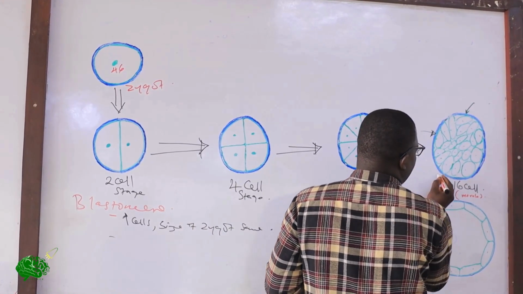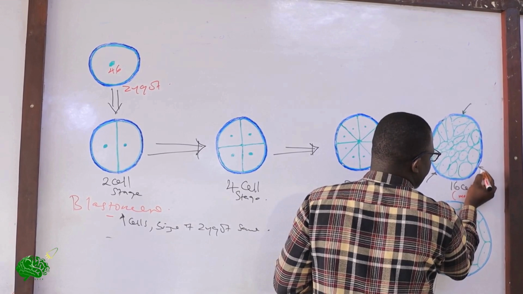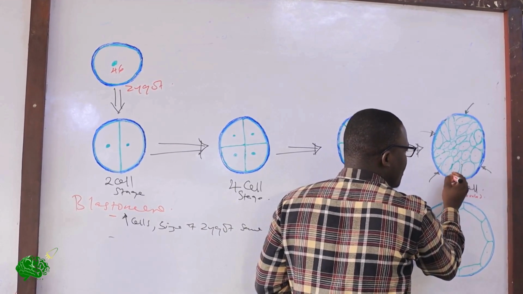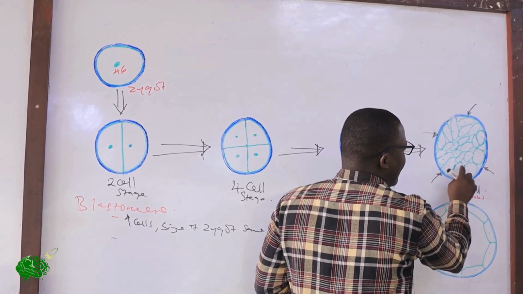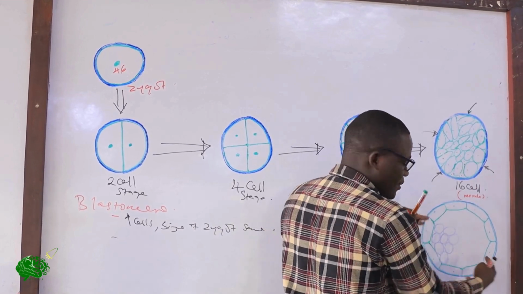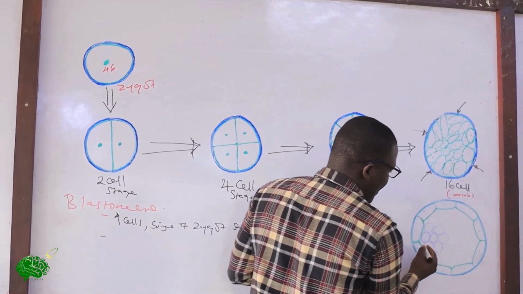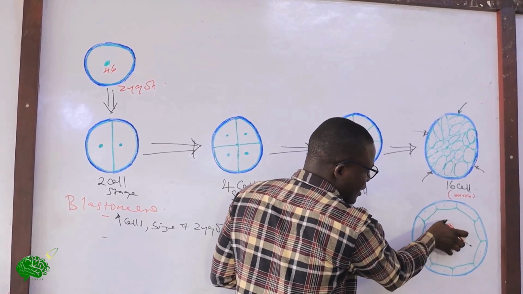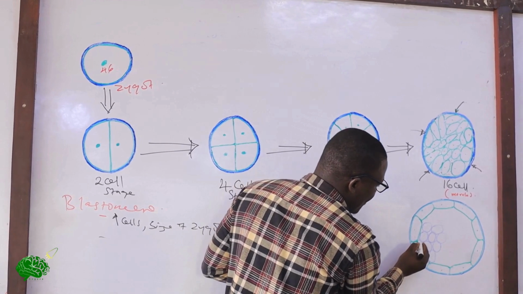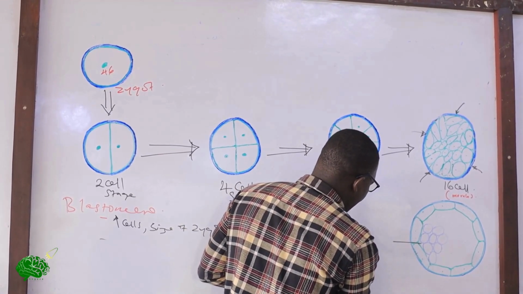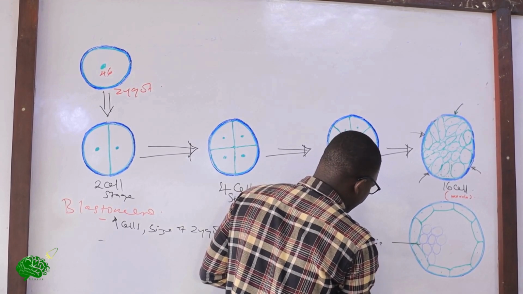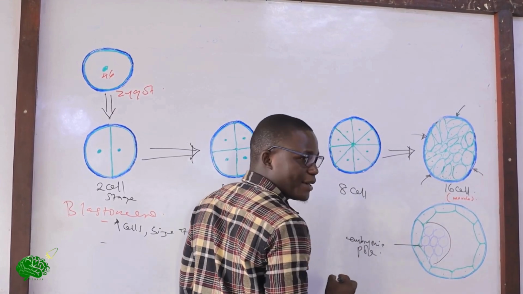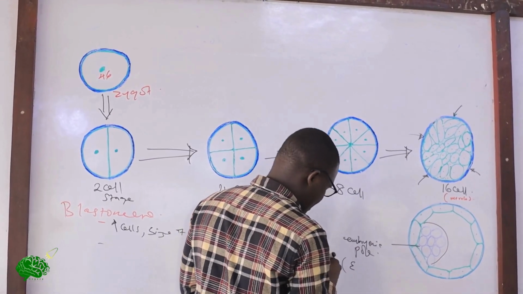As more and more fluid diffuses in and begins to occupy the intercellular spaces, the outer cells are pushed to the membrane, and the inner cells, which were initially in the center, are pushed to one pole. The pole that has been formed is termed the embryonic pole, and the cells aggregated at the embryonic pole are called the embryoblast,